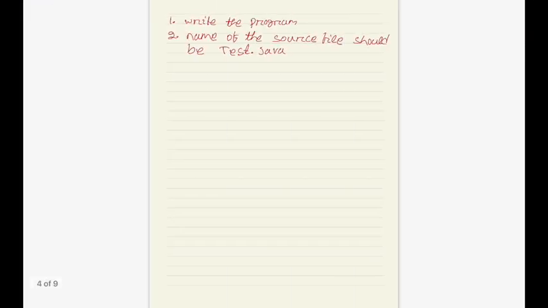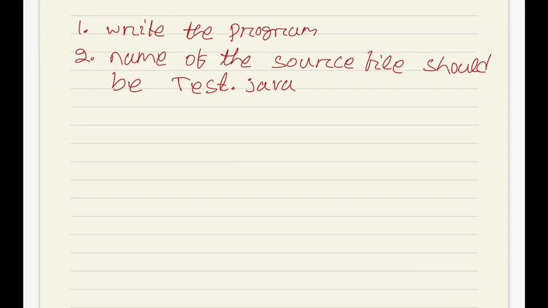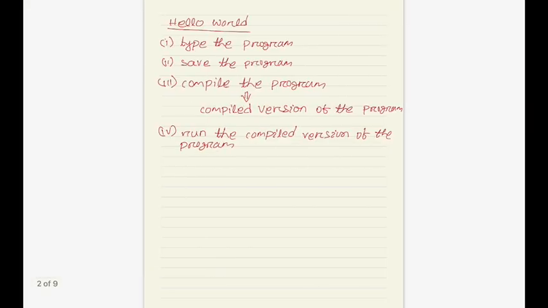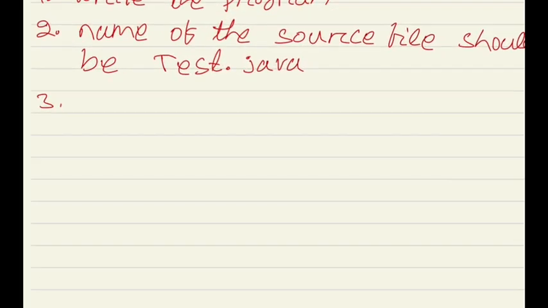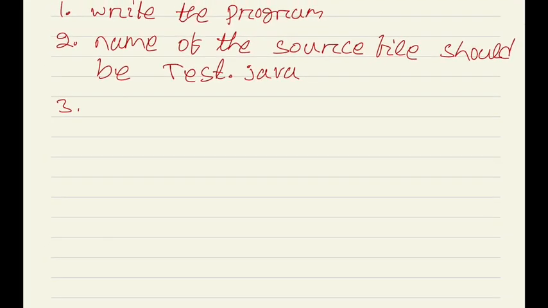Then in step 3, we need to compile the program that we have written here. For that the command is javac filename.java, which is used to compile a Java program.